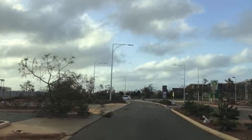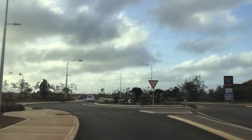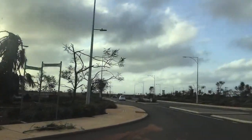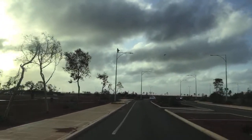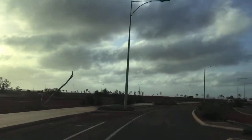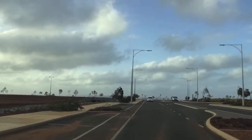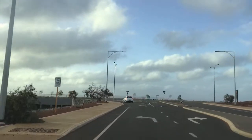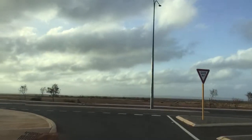We'll head up and do a bit more residential on that side, I guess. So we're just checking out some more residential areas, just like we did at Bulgara. Towards the new shopping centre they're building. That's where the Hungry Jack's is going up. I spoke to a Woolies worker and a Kmart worker who are both OCC followers, so big shout out. They both mentioned the Hungry Jack's is the biggest talking point in Karratha over the last 12 months. It was because it's been delayed or something. It was meant to happen, then it didn't, then it was meant to happen again. But apparently the Hungry Jack's is the biggest thing to hit Karratha since, well, I was going to say since the cyclone, but...